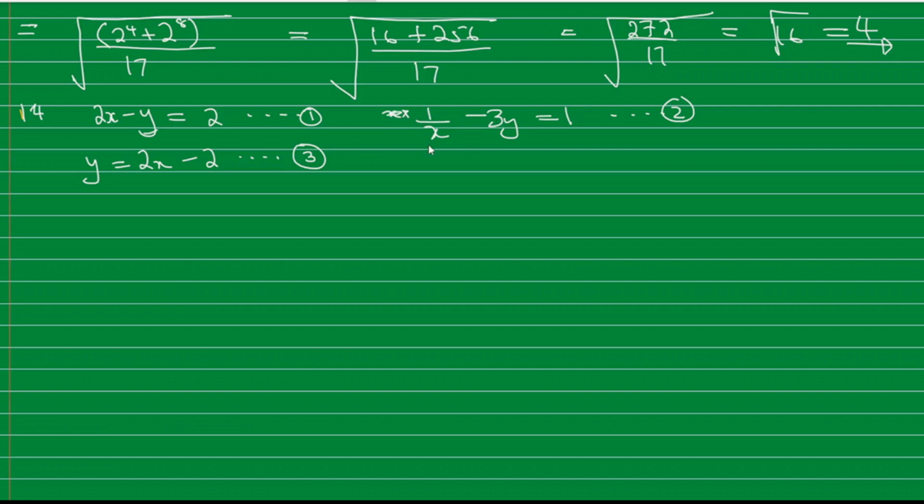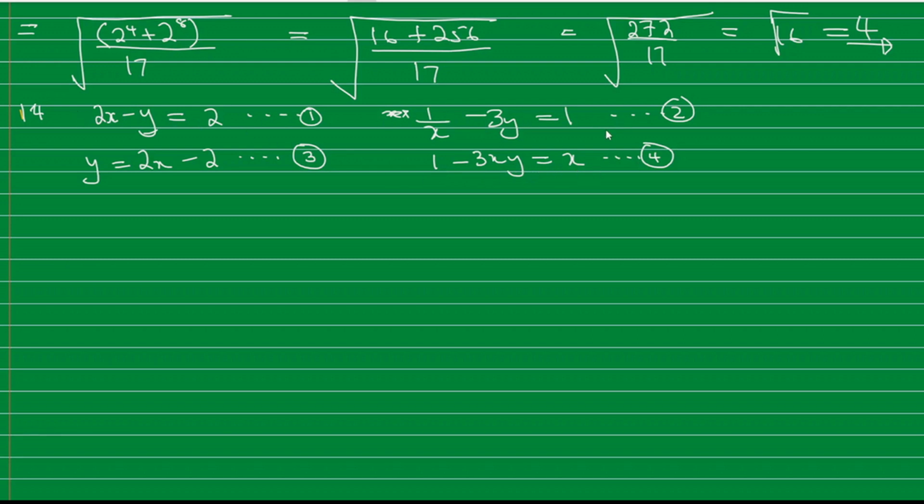So if you multiply there, we are going to have 1 minus 3xy is equal to 1 times x, that will be x. Okay, I'll call this one equation 4. So we are going to work with these two equations: y is equal to 2x minus 2 and 1 minus 3xy is equal to 2, which we have manipulated from